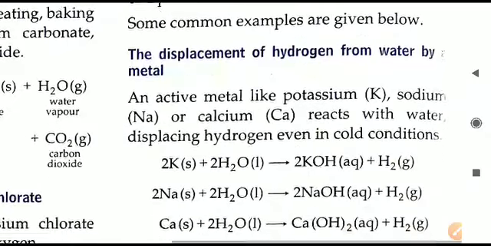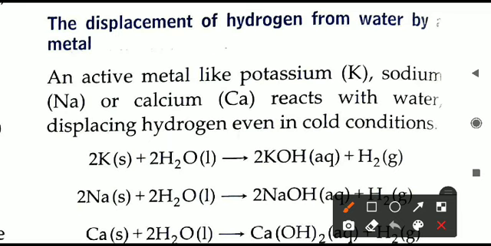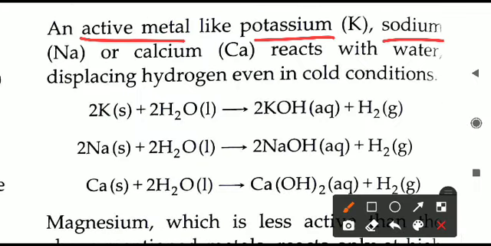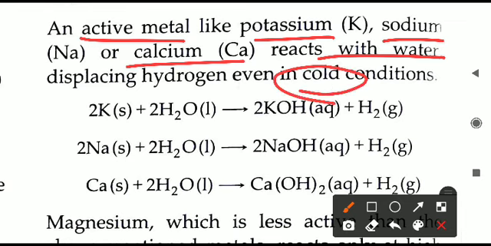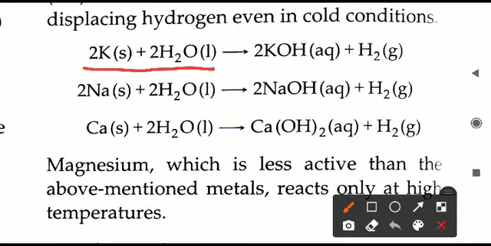So that is what is called a displacement reaction. You will now understand some of the reactions based on this type of reaction. The displacement of hydrogen from water by the metal. Whenever you put any metal in water, what will happen? The reaction between the metal and water will take place. That is, hydrogen will be displaced by the metal atom. So here you can see active metals like potassium, sodium, calcium. All these react with water in cold condition. Even in cold water, if you put these metals, they will react and they will do what? Displacement reaction only.